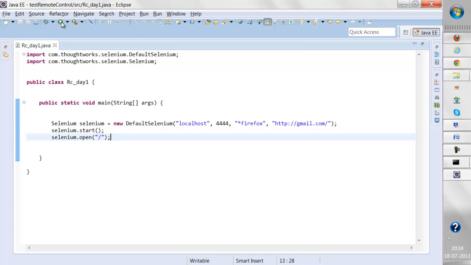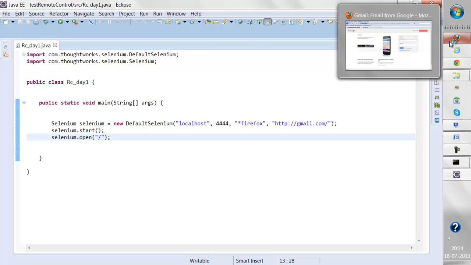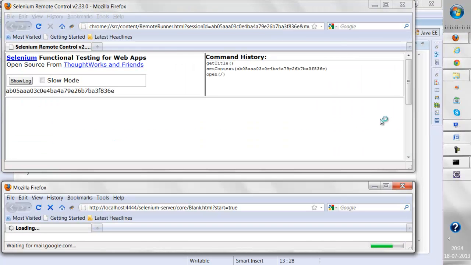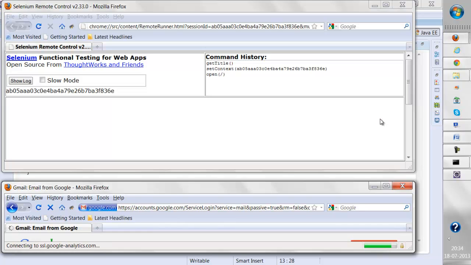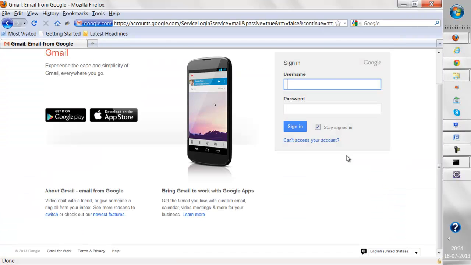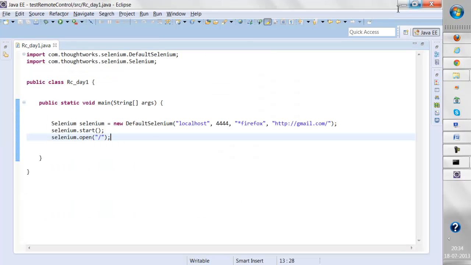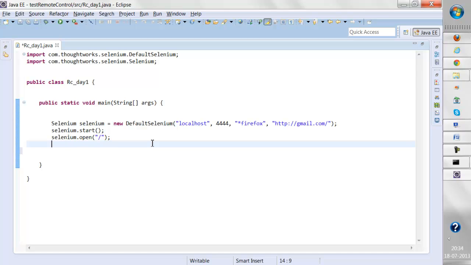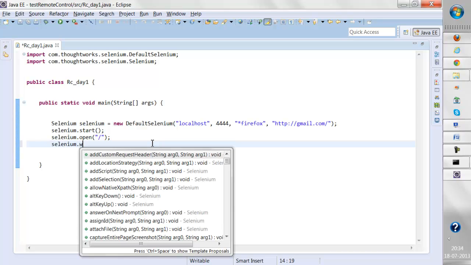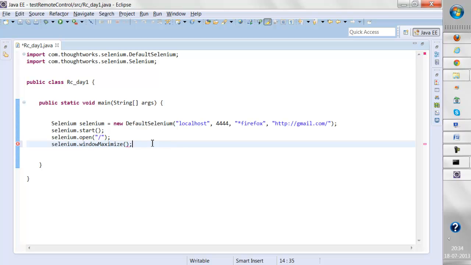I'll just save it and run this again. Now after running this, it will again open two windows, and this time it has navigated to gmail.com, right? So you can see it is navigating to gmail.com, but again the window is not yet maximized. So if you manually click over here, the window gets maximized, and it has gone to gmail.com, right? So how to maximize the window? Again we need to call another method, that is selenium.windowMaximize, and then